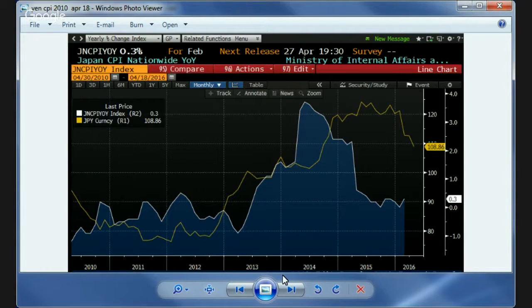That's the price effect, the macro market effect of the same thing. Yes, the dollar yen went up. The yen went down. Abenomics did succeed in devaluing the yen an appreciable amount, close to 50%. At one point, I think it did reach 50%. And that drove a large increase in CPI. But even at 108, the yen is a lot stronger than 80, which is where it started from, approximately.